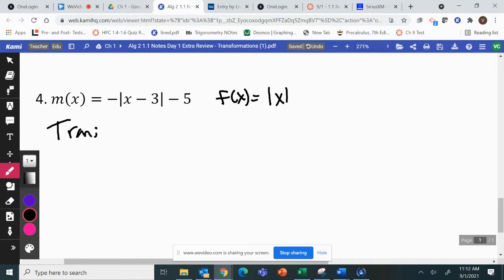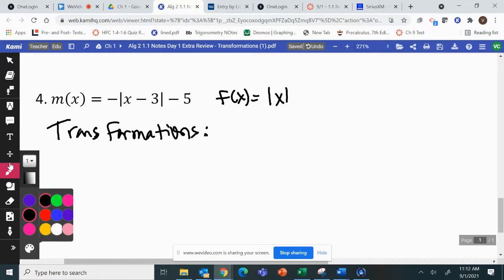Transformation-wise, does anybody see any of the transformations in this one? Can I call on somebody or should I just randomly pick you? All right, Ryan. The graph would translate down 5 and left 3. Ooh, you gave me 2. You overachieved. Yeah. So Ryan said he's using this out here, saying that it's going to translate